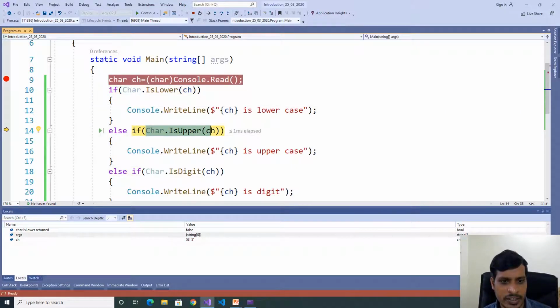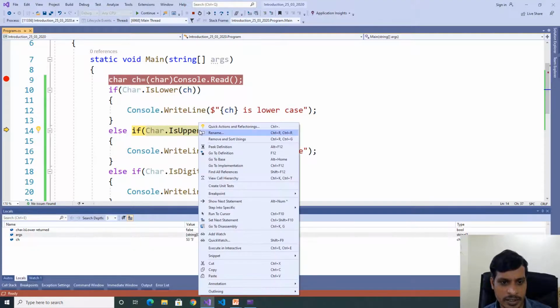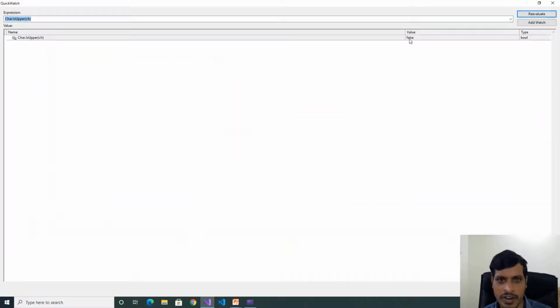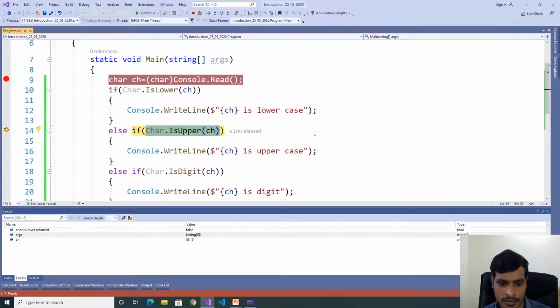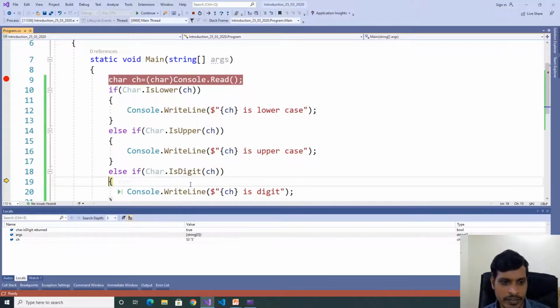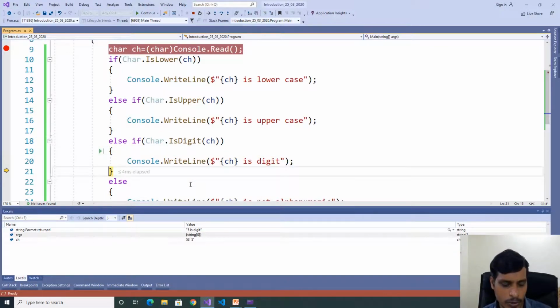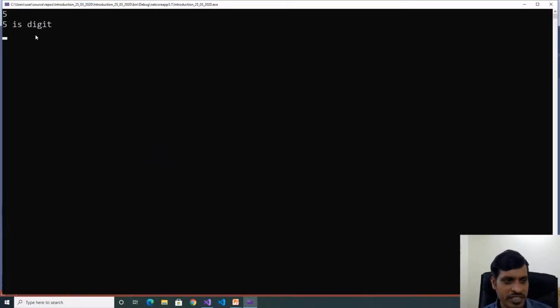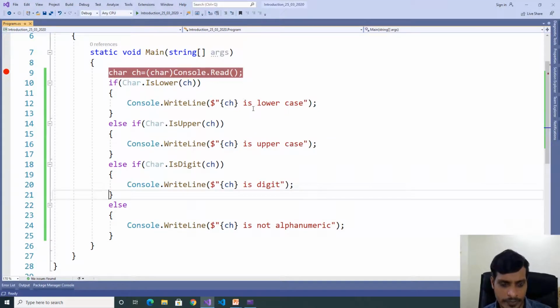Here it's checking this one. Right click on this one, Quick Watch, here false. F11. Later checking this one, select this part, right click, Quick Watch, here true. Then this statement will execute. F11, print the output. Output is 5 is digit. Execute one more time, F11,